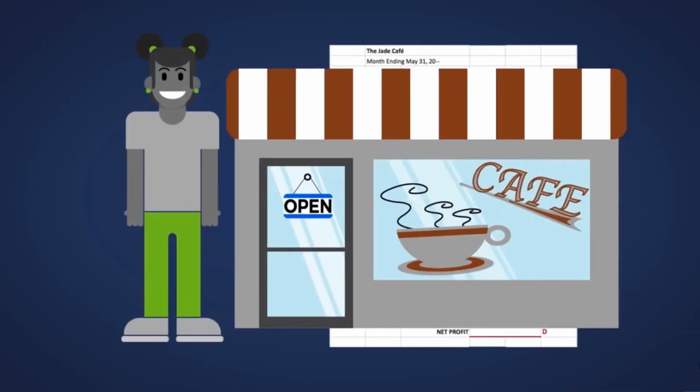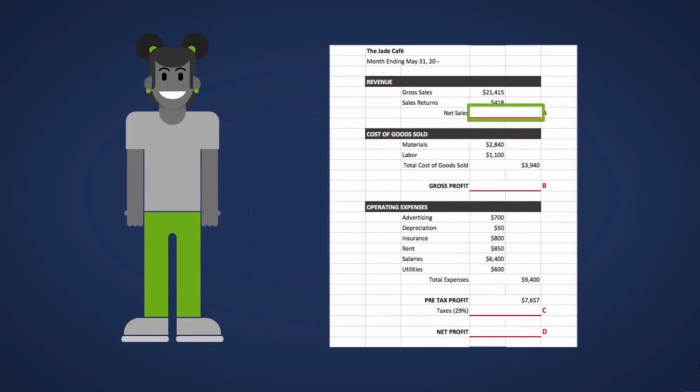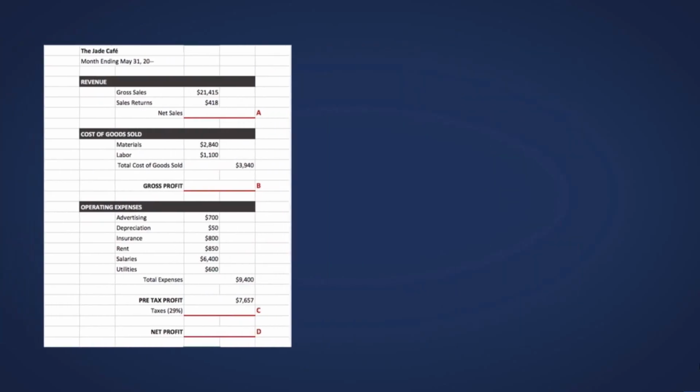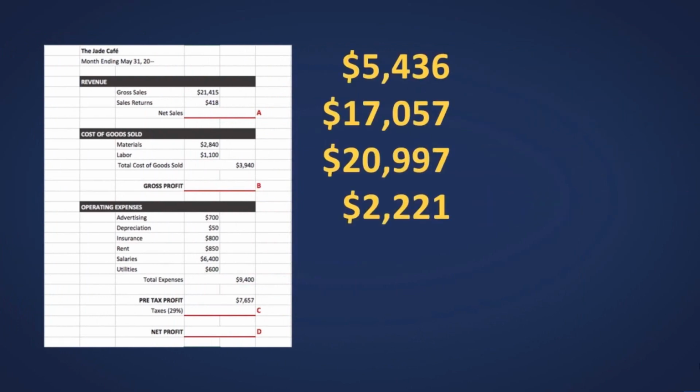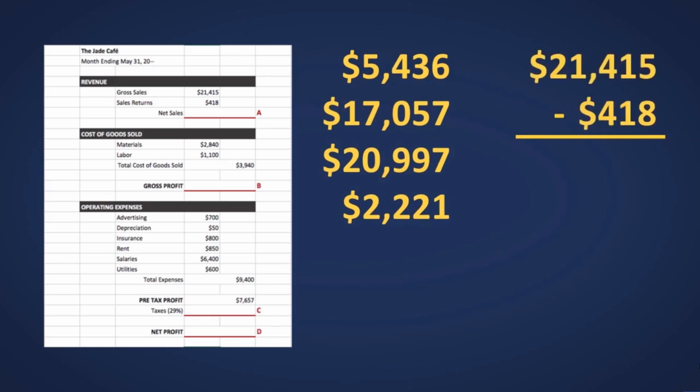Here are a few scenarios that ask you to use a form, worksheet, or example financial statement to answer the question. Jade is reviewing the income statement for her cafe, specifically looking at net sales, total cost of goods sold, gross profit, total expenses, and pre-tax and net profit. Your task is to use her income statement to determine the appropriate location of the following figures. Let's calculate the net sales. Simply add gross sales and sales returns for